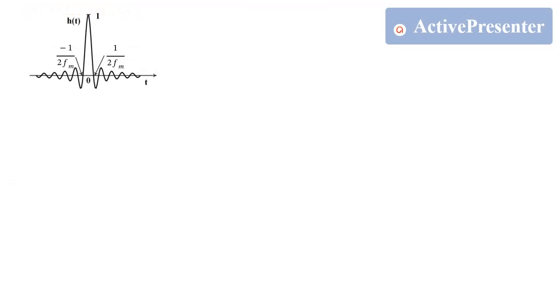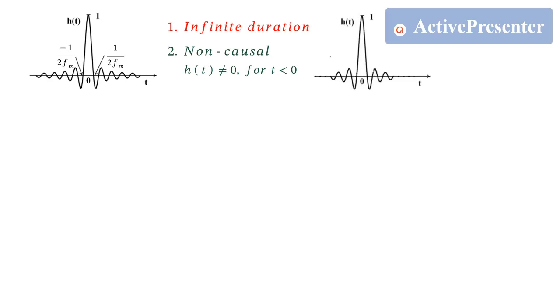I would like to reiterate the fact that for ideal interpolation, the impulse response of the filter should be a sinc function. But this function has two issues. First issue is that it extends up to infinity, and the second issue is that it is non-causal, as the impulse response is not zero for negative values of time. However, these issues can be resolved. What we can do is we symmetrically keep only a few cycles of the sinc pulse and chop off the remaining cycles so that the pulse is of finite duration, and then we delay this finite duration pulse such that the impulse response becomes causal.